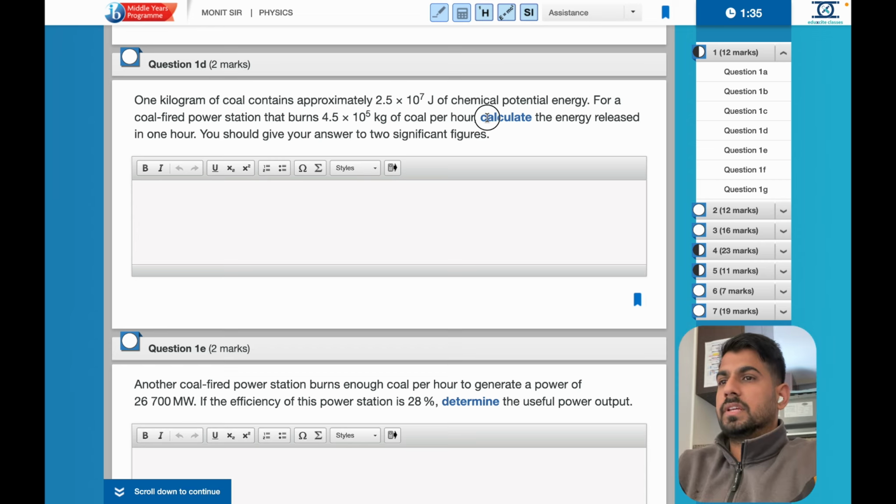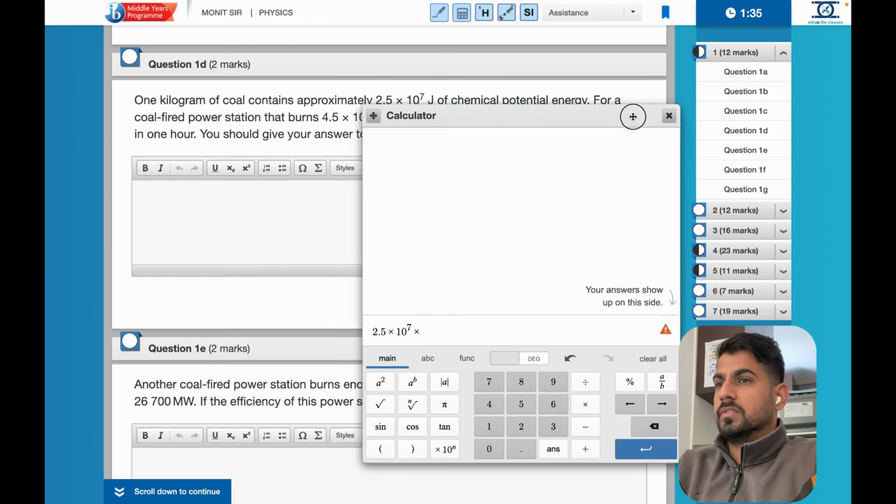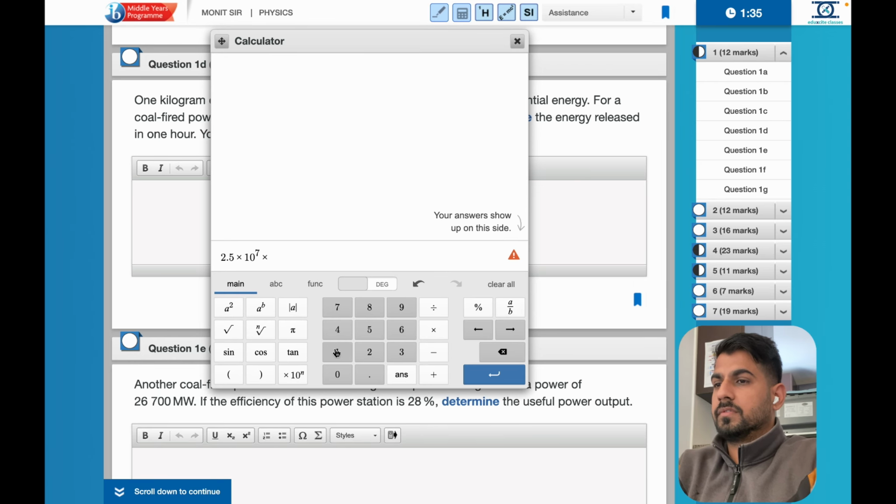Okay, so calculate the energy released in 1 hour. So we know that this much amount of energy it contains in 1 kilogram, and we have this much amount of coal that is burning in 1 hour. So if you want to find out with two significant figures, use the calculator. We just have to multiply 2.5 times 10 raised to power 7 times, what's the value here? 4.5,